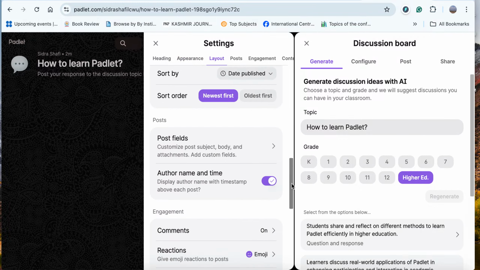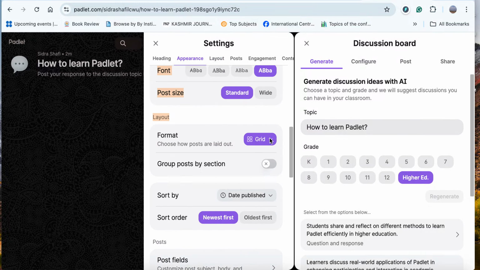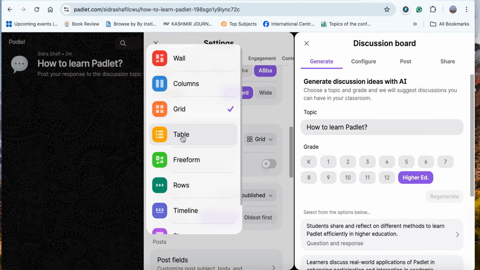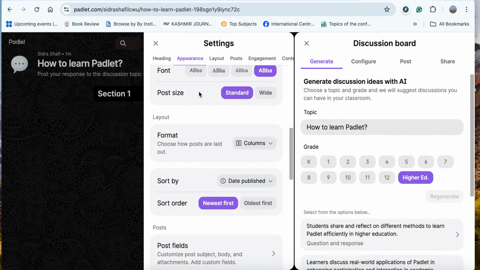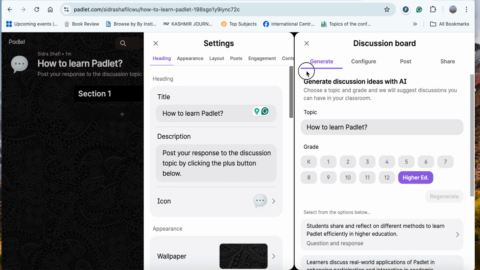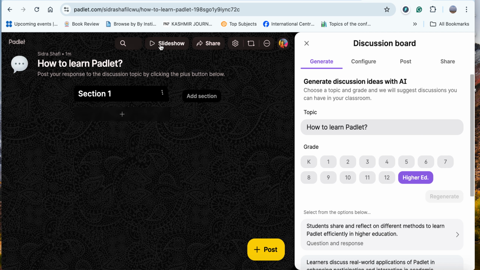And then there is another option, just see here, the grid. Whether I want a table, free form, rows, or columns. I think I want some columns here. So whatever posts are published here will be reflected in multiple columns. Okay, great. Now I'm just turning it off quickly. Now let me show you that